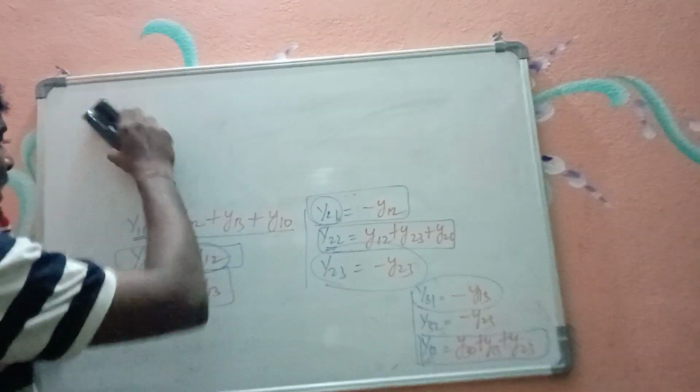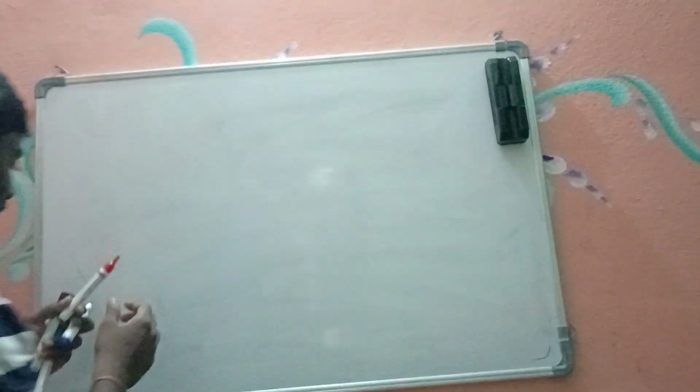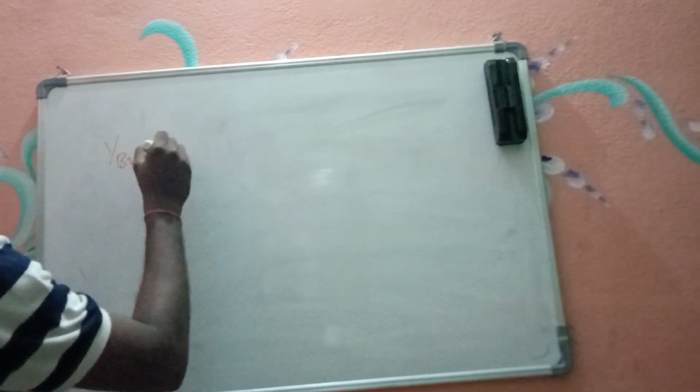we can understand that the Y bus matrix is a symmetric matrix. See, for example, I will just represent them like this. Now I will represent them in a matrix. As we have determined all the things, we just represent them in a matrix. So Y bus is equal to,